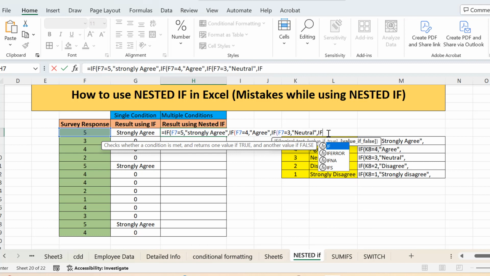Keep this in mind. In this entire nested if statement, we will not close the bracket anywhere in between the statement. We have to close it at the end. All the brackets will be closed at the end of this statement. So